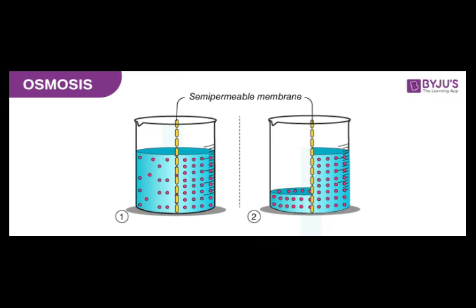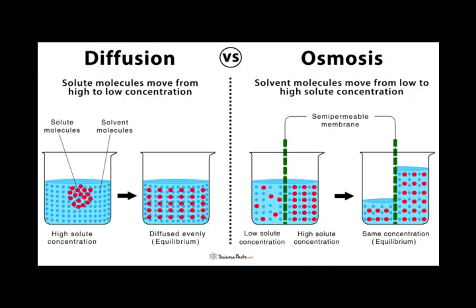See, equal volumes of two solutions A and B are separated by a semi-permeable membrane. Try to understand: two solutions of the same volume, A and B, are separated by a semi-permeable membrane. Solution A is a concentrated solution which has more sugar molecules than water molecules, and solution B is a dilute solution with fewer sugar molecules and more water molecules. Both have sugar, but A is more concentrated than B.